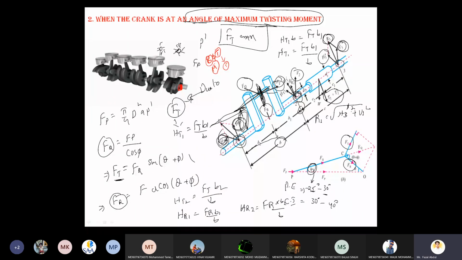For that reason, I am going to select the equivalent torque equation, and I will use these two equations here. The maximum possibility for the crankshaft is when the shaft is subjected to torsion. So the torsion equation I'm going to write here: pi by 16 into sigma s into d cube. This is one equation, this is the second equation, and comparing these two equations we will get the answer: the diameter of the shaft at the juncture of the right hand crank arm. So I'm solving that now.